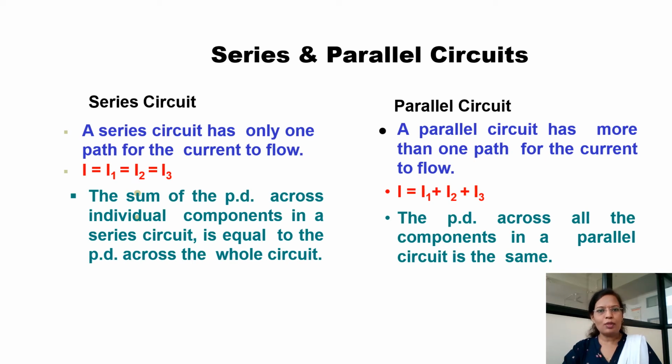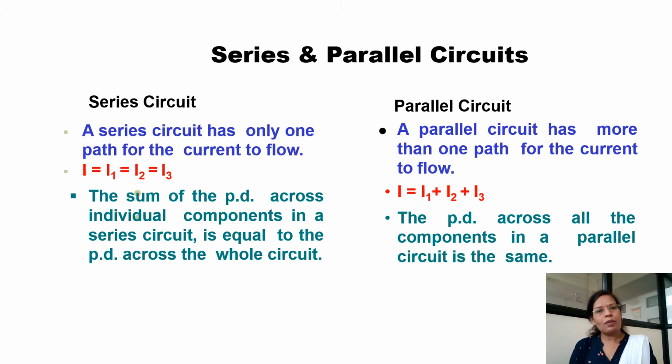A circuit is said to be a series circuit if all the components are connected in series with a voltage source. If we find the current flowing through each component, then it is observed that the current flowing through each component is the same. And if we find the voltage across the whole circuit, it is observed that the whole voltage across the series circuit is equal to the addition of voltages across R1, R2 and R3. Means voltage across the whole circuit is equal to the sum of individual voltages across the components.